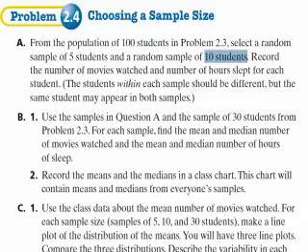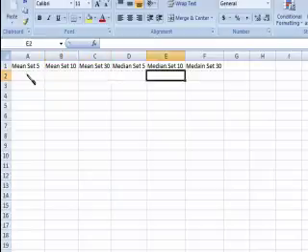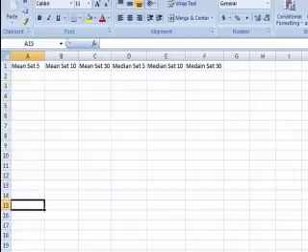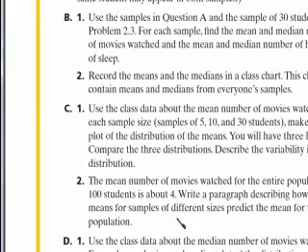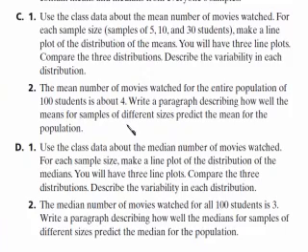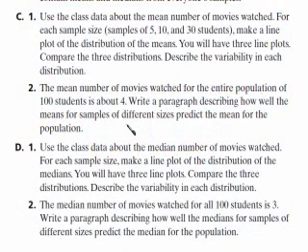I will have up on my computer this Excel sheet, so you should have a mean from set 5, a mean from set 10, and a mean from the 30, a median from each set as well. So you'll record those up here. We should have the whole class getting their data up there. Then you're going to use the class data. So if not everyone's done, you might need to pause here and check in with me, and I have an investigation for you to be working on after this, and we can come back to this problem when everyone is done with this investigation. But if you're here now, then use the class data about the mean number of movies